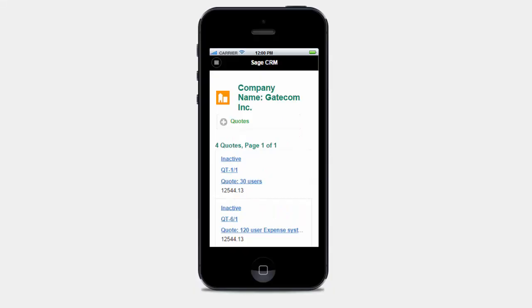Now here, to illustrate this, you can see that I'm looking at a list of quotes, and you'll notice that I'm in the context of a company that's called Gatecom. Quotes are not normally displayed directly under the context of a company, but rather they're normally only accessible once an opportunity has been found and selected. But a mobile salesperson may want to be able to directly access historical information when discussing matters with a customer. So run block is the feature that we're going to use